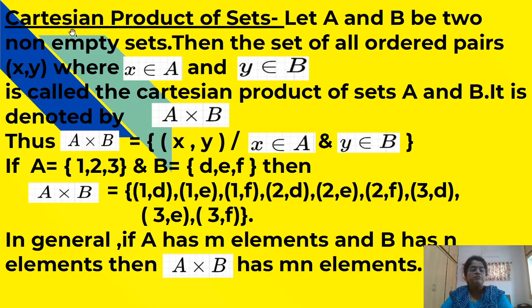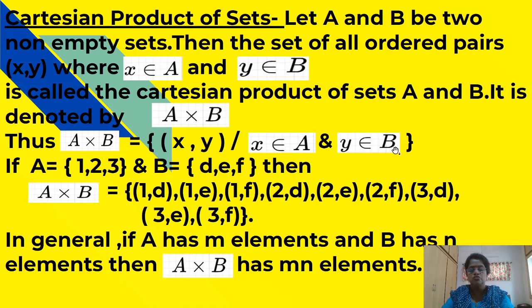Now we will see what is the definition of Cartesian product of sets. Let A and B be two non-empty sets. Then the set of all ordered pairs (x, y), where x belongs to A and y belongs to B, is called the Cartesian product of sets A and B. It is denoted by A cross B. We can write A cross B is equal to the set of all ordered pairs (x, y) where x belongs to A and